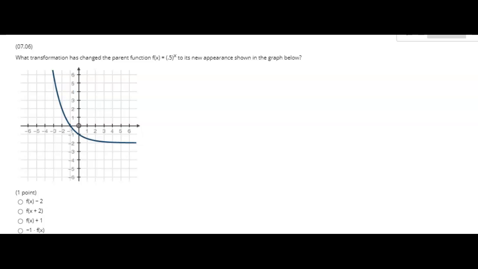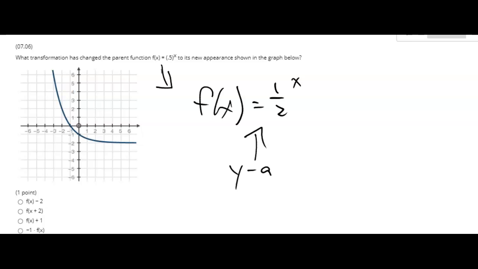Graphing exponential functions. This practice test question asks us what transformation has changed the parent function f of x equals 0.5 raised to the x power to its new appearance shown in the graph below. Okay, so it's easier to write this as f of x equals 1/2 to the x power. And I know that this graph is reflected on the y-axis of f of x equals 2 to the x